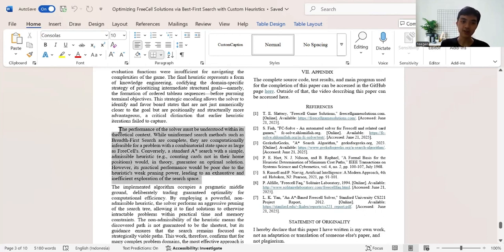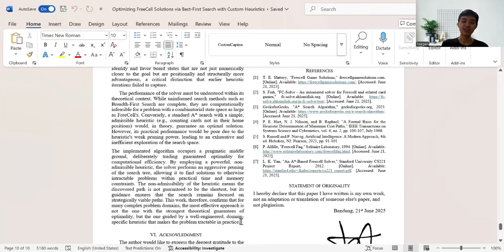So although it's not admissible, it's actually a pretty efficient way rather than just randomly searching, or breadth-first search, depth-first search without any clue, or even the A-star search with just standard heuristics, which is admissible, but the memory space is too big for it to actually find the solution in an effective time. You don't want to wait like 1 hour, 2 hours just for the solution to show up, although it is